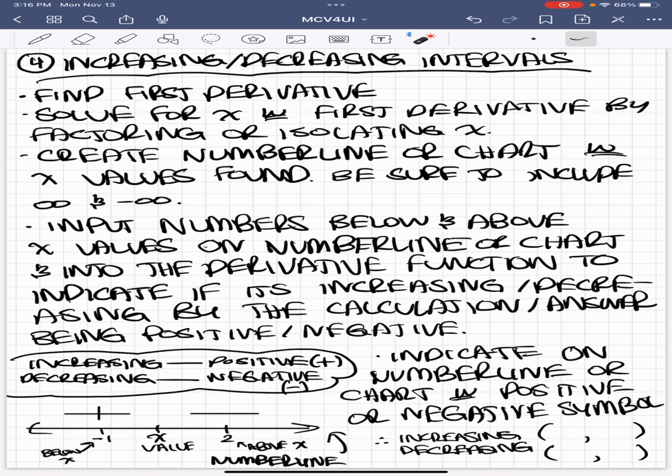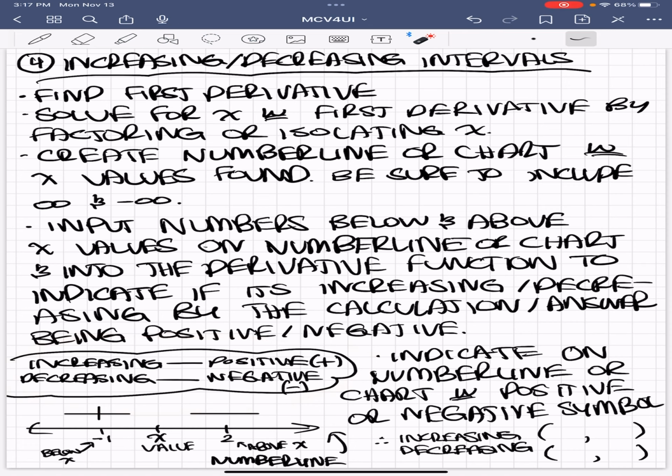You can also check out increasing or decreasing intervals, or increasing and decreasing functions. That video will help you as well. And then if the answer is positive or negative,